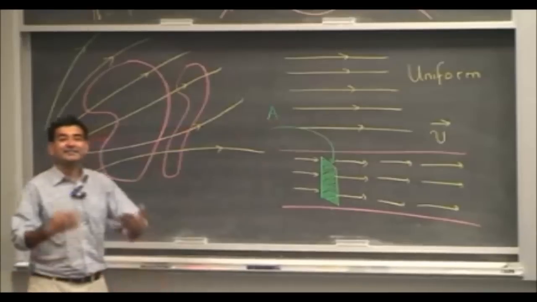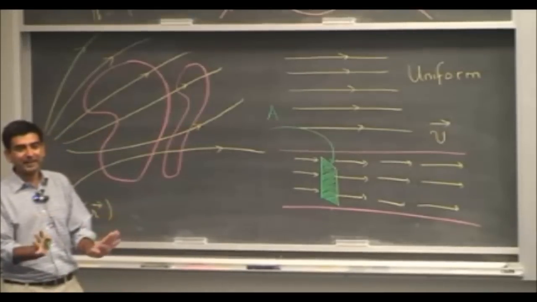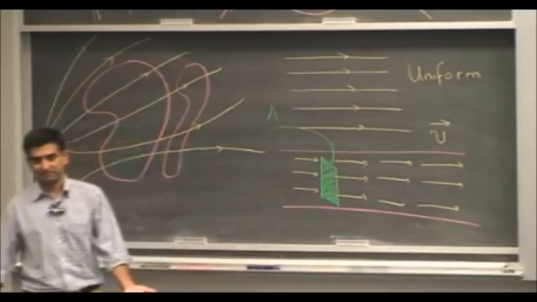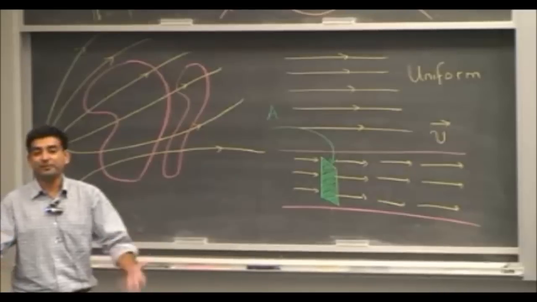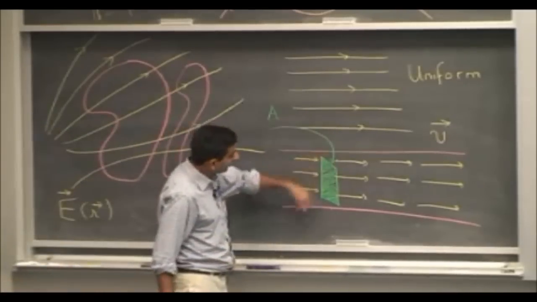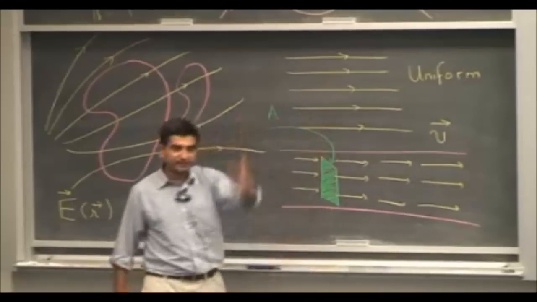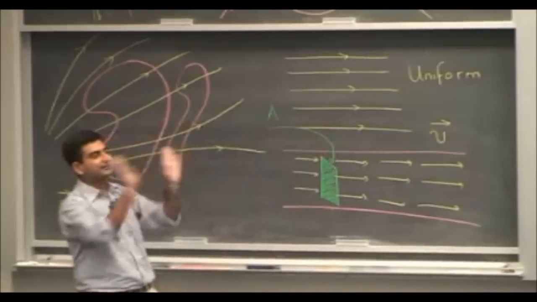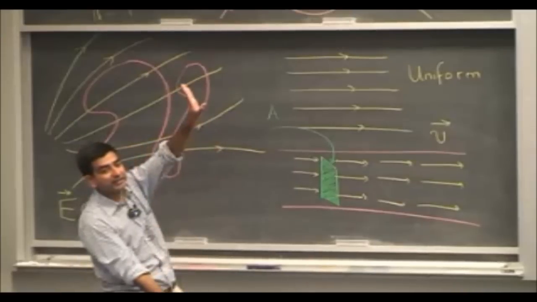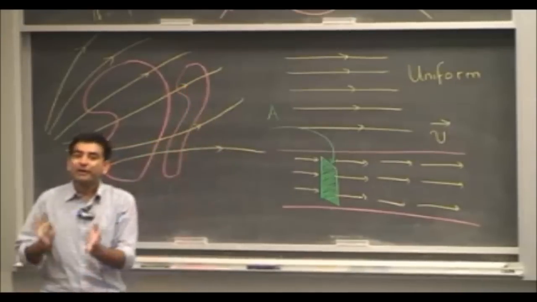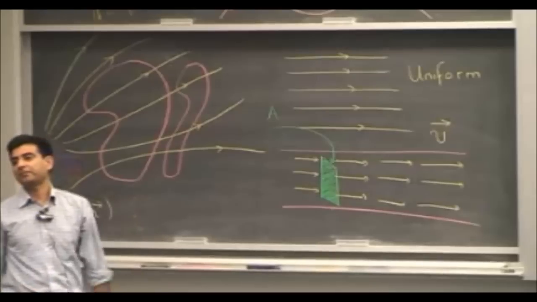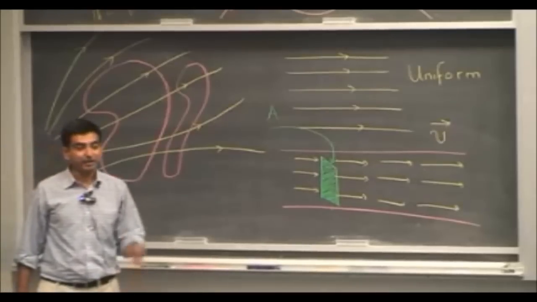Now of course there is a certain volume of liquid that is passing through this hypothetical plane per unit time. Could anyone tell me what that volume is going to be? If v is the velocity here, then v is the velocity all along the surface of this plane. So all the particles that are hitting this plane are hitting the plane with a velocity v, and the area of this plane is A. So could anyone tell me what is the volume of liquid in cubic meters that traverses this plane per unit time? Sorry?